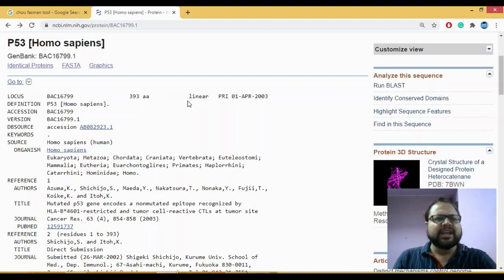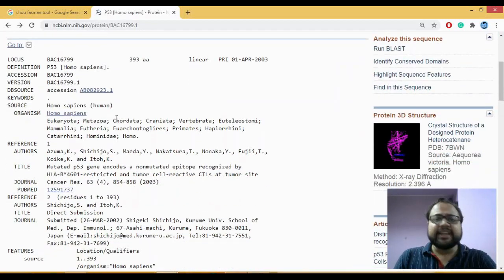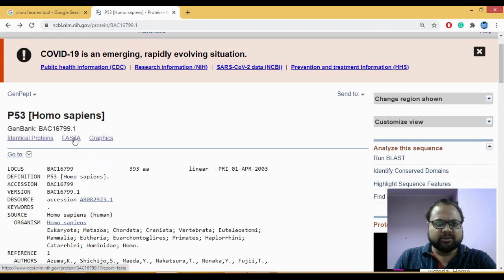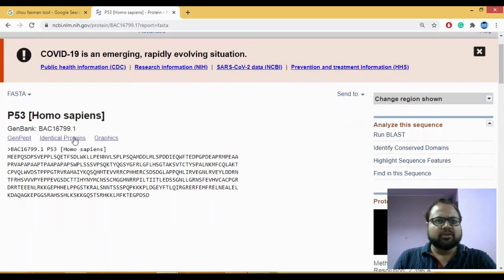In this case, we will look at, for example, the protein sequence of, let's say, the P53 gene. This is the NCBI, and this is the entire GenBank format. Here you can see the FASTA sequence, so I click on FASTA. This is my FASTA sequence, the sequence for which I'm going to predict the secondary structure.